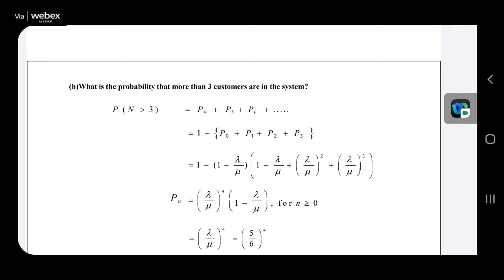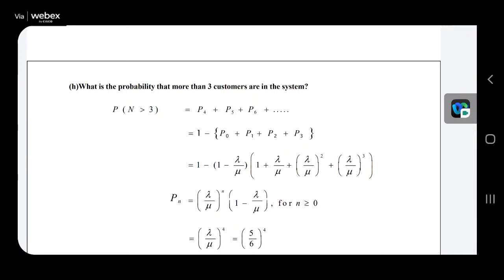Some particular problems I have listed in yesterday's PDF. You can go through it once again today. So it means here the probability of n is greater than 3. That means P4, P5, P6, and so on, Pn. So finding that is difficult. So I have directly taken 1 minus of